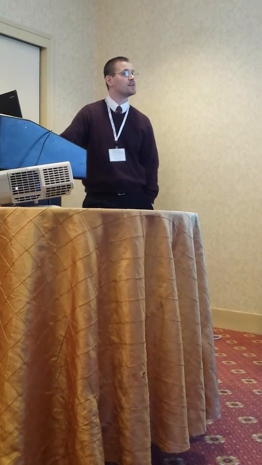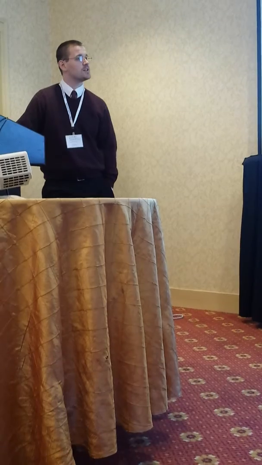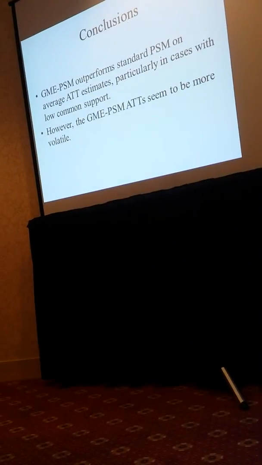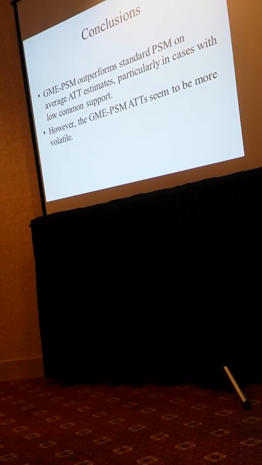So I don't have a sense exactly of what's going on here, but we do know that logit really relies on a lot of these normal distribution assumptions, and GME is a little more flexible in the distributional, because entropy is free of any of these distributional assumptions. That's why people like maximizing entropy. You don't build those specifications in the model, so it might be related to that. So these are very preliminary results. It seems to do better on the average ATT, but there are these concerns about how volatile